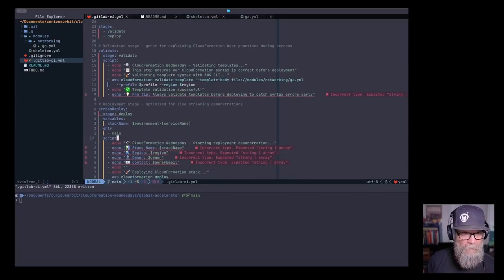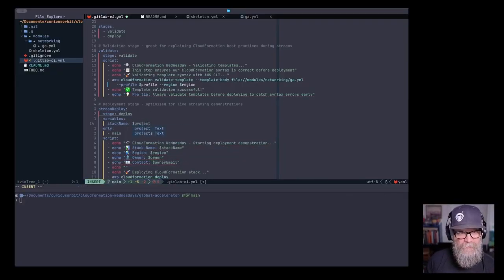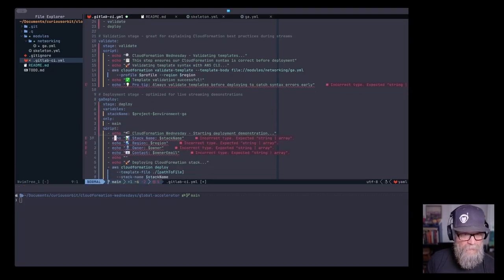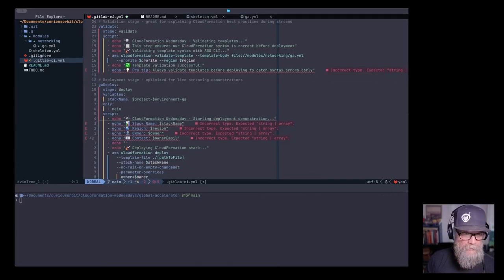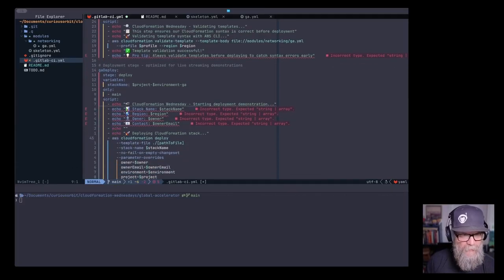And now this part, stack name, we're going to change this format a bit. Normally I do something like this: project, environment, make it very similar to the name. So that's our, let's make this two. We're going to say GA deployment or GA deploy. Only goes on main. It really doesn't like whatever is happening here. We're going to try it and see. And for the time being,